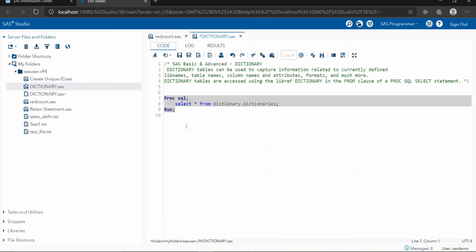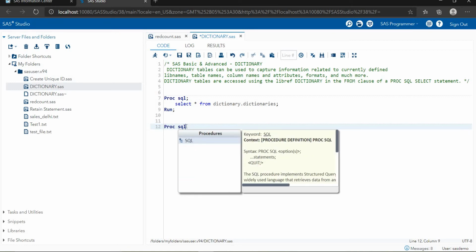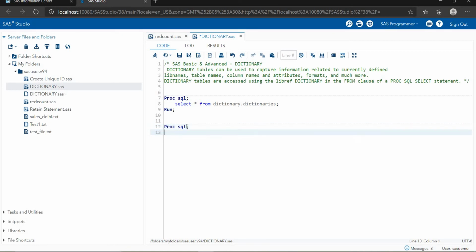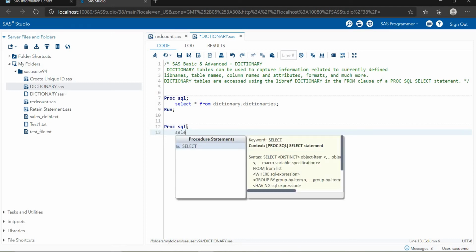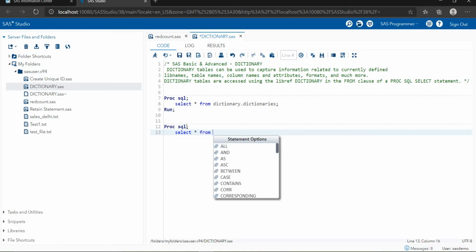Now, if I'm looking for particular library information, we can also put the libname here. PROC SQL, then select star from.